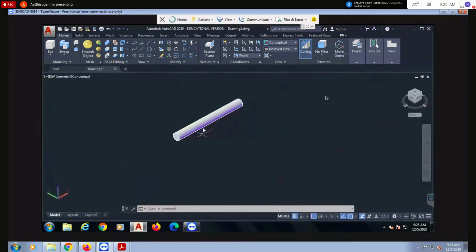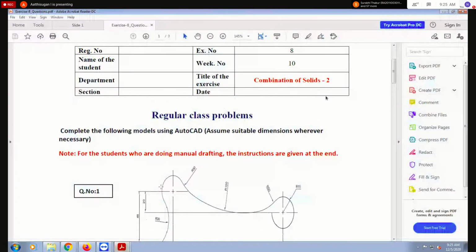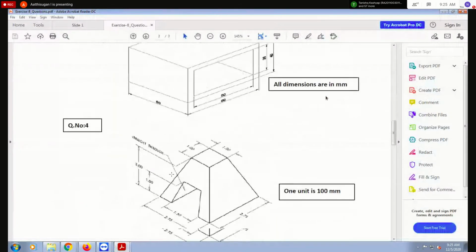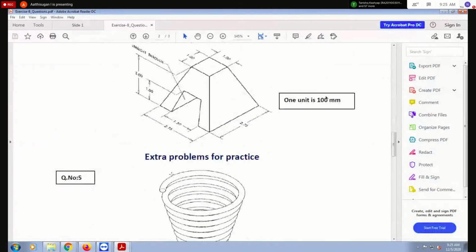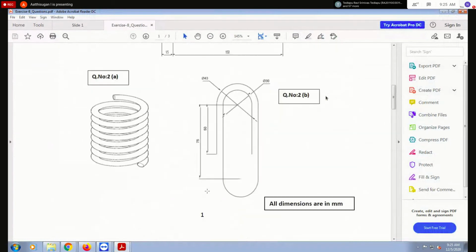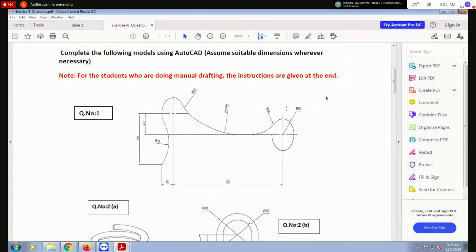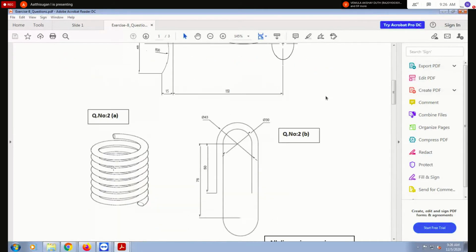So I did this only for a line. Suppose in the question they also give a spring shape. You have to draw the 4 questions for this week. In the first question only the diagram is important. Here you can only use sweep, but how to draw this profile is important for the first question. The remaining is easy. For the second question, use the helix command we already discussed. You can draw this profile.